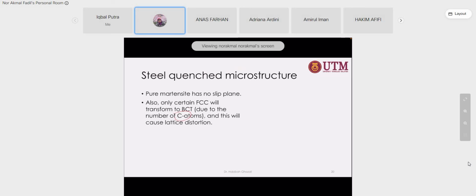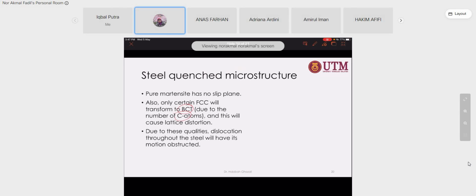Some of the steel where the amount of carbon is too low, you don't obtain the martensite structure. Because it contains an insufficient amount of carbon to form a BCT structure, to be trapped in the FCC structure. Right. Okay, because of the lattice distortion,